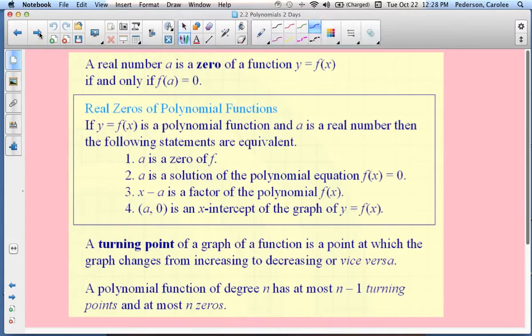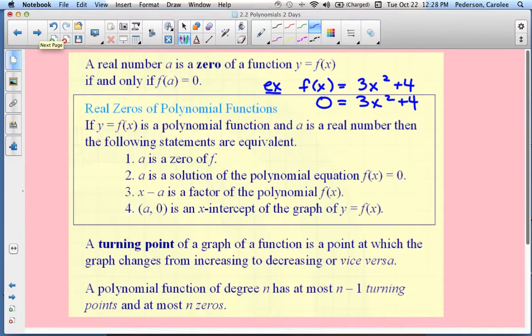So if I give you a function, let's say that looks like this: f of x equals 3x squared plus 4. You want to set that function equal to 0. So you remove the f of x notation and replace it with 0. What we want to do is go out and find out what the zeros of the function